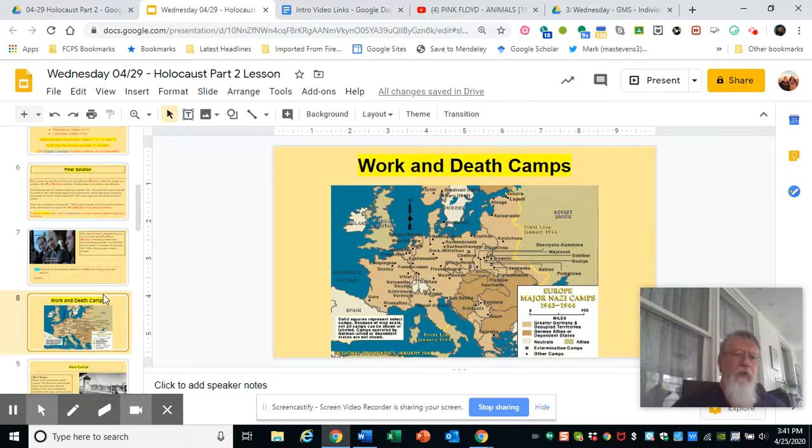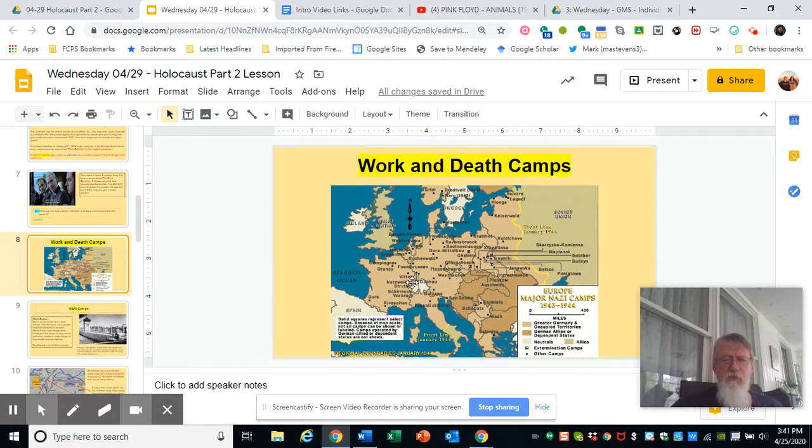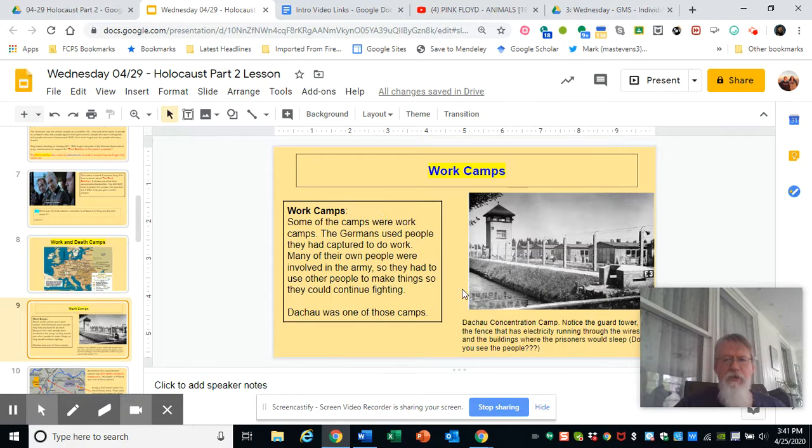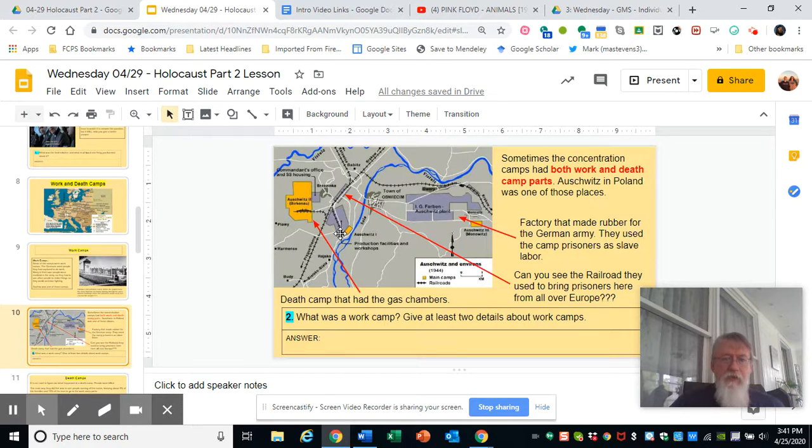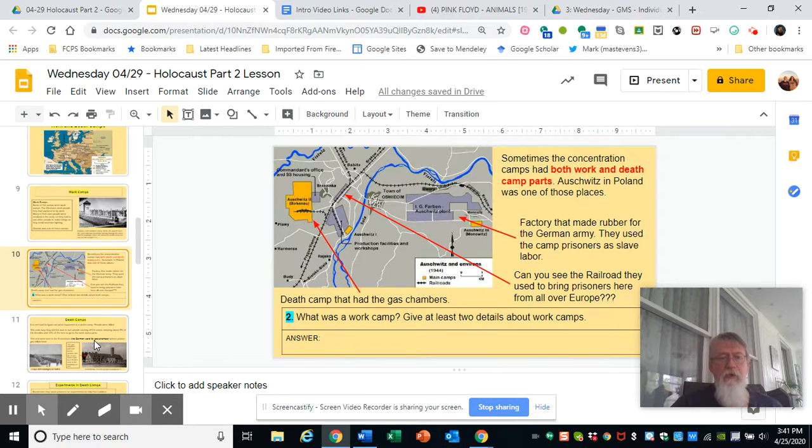So again, your information, that slide, and that video, but you could do it with just the information on slide 6. Then you get to the next section, the work in the death camps, and you see from the map here, they were spread all over Europe, primarily Germany and Poland, particularly in Poland. So this is your information on work camps, a little bit of information, a picture. Now this is a caption with another rhetorical question, a question to get you thinking, but you don't have to actually answer. That's part of your information. Then this map, part of your information. Look at the captions, the arrows and stuff that helps you, then your quick answer. So you can use this information to answer slide 7. Don't go looking anyplace else. It's all right there for you.